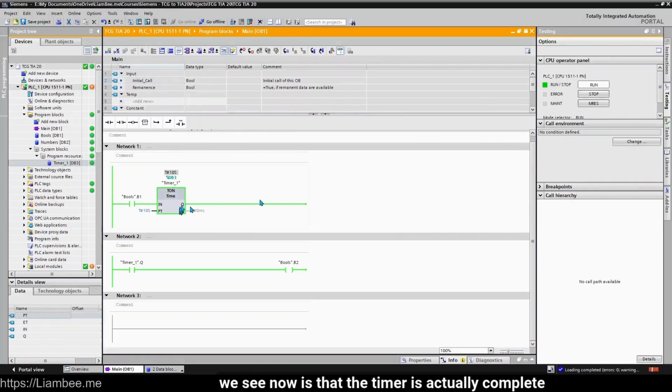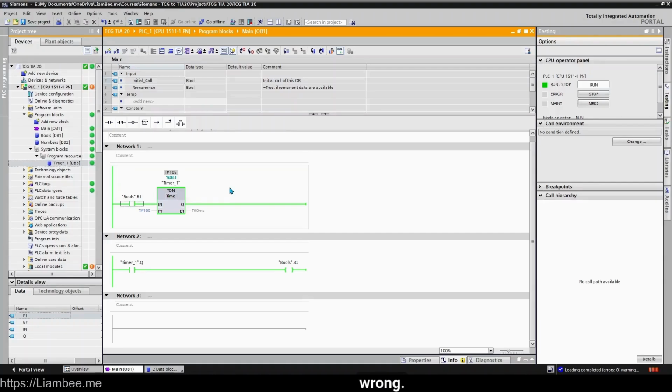What we see now is that the timer is actually complete and B2 is set. I haven't changed anything to do with the timer. It's still been on since B1's been on, but it's a really frustrating thing that Siemens haven't fixed throughout the life cycle of TIA Portal, and it does catch people out,